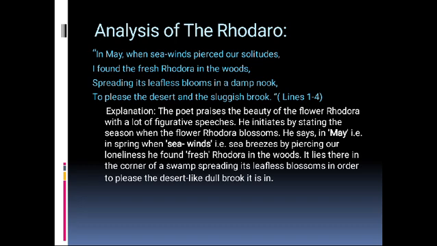The speaker begins by noting the season and the general weather. It is the month of May when flowers are just beginning to bloom. An offshore breeze has inspired the poet to take a walk. He then describes coming upon the Rhodora and its immediate surroundings, which seem to indicate that the plant is alone in an otherwise none too thrilling spot. It is a damp nook or corner. The brook is not babbling happily, but sluggishly.